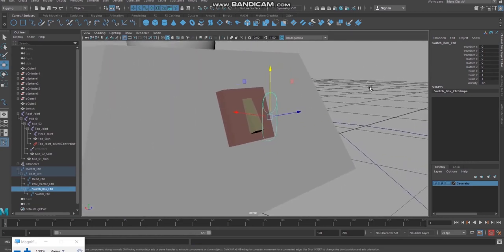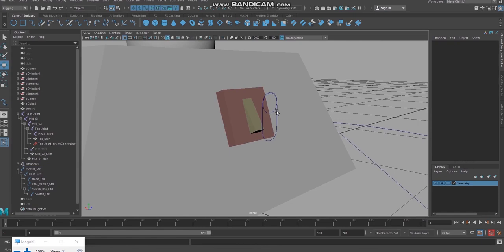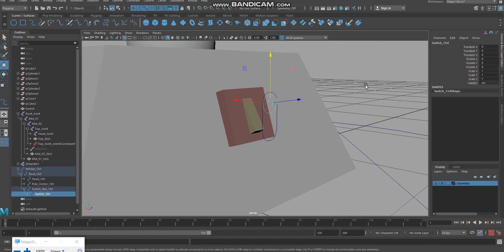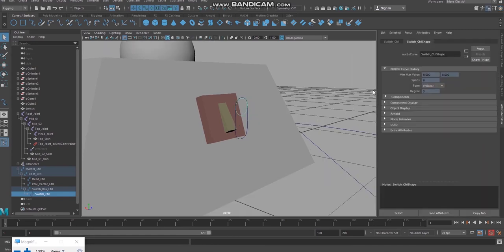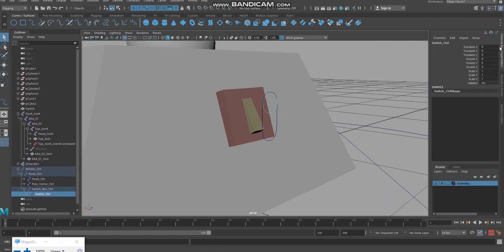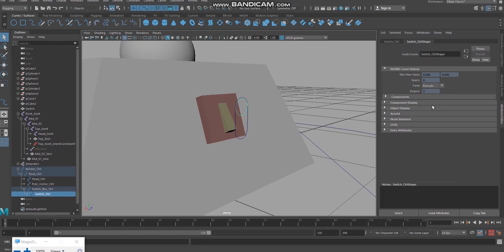To limit these actions, first I need to select this curve, then press Ctrl A. It will open the attribute editor. In this we will have two tabs: control shape and control.